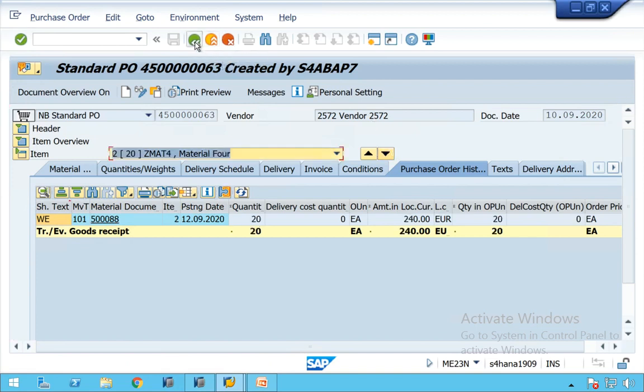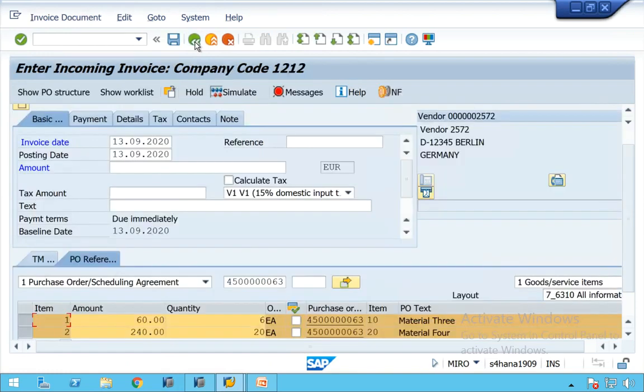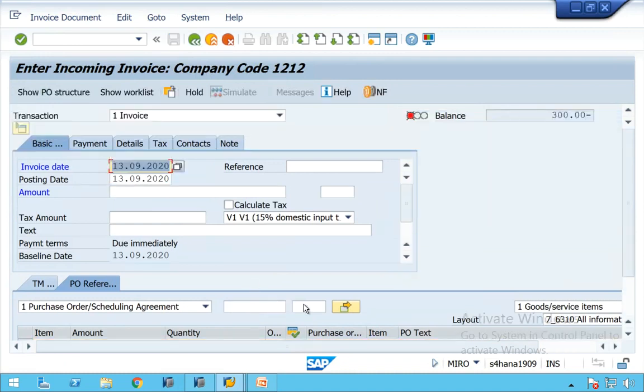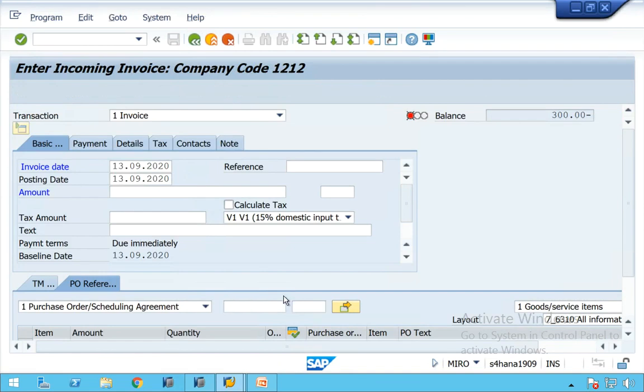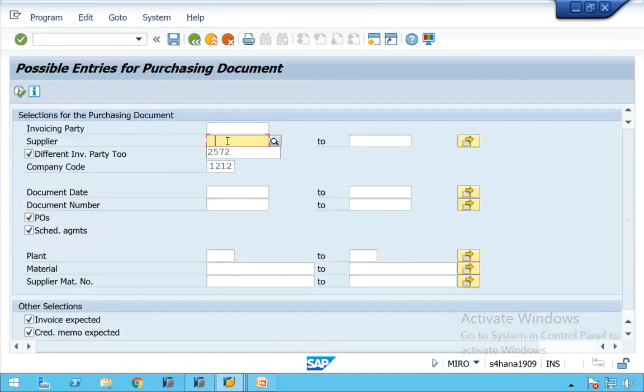Yes, we'll go back. You had entered it in the search criterion. Let me remove the allocation once. Remove this and press enter. Automatically the allocation will be removed. What we'll do now is go to F4 here again. Now we enter the supplier only. Don't enter anything else. Then let us see whether it asks for it. Yeah, company code is mandatory.